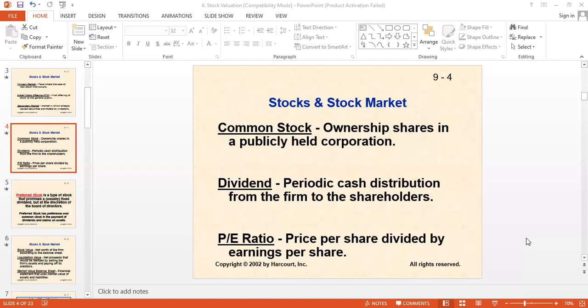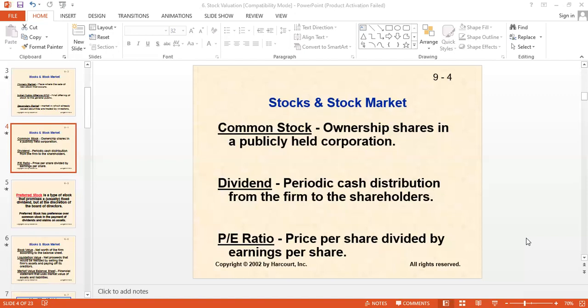For example, I have a company, and you are buying a share of preferred stock of my company. I will let you know on the very first day, when you buy the share of my preferred stock, how much dividend return I will be giving you at the end of the year, irrespective of my company's performance. The promised return will be given to you by year end. So this is the first preference, the first difference between common stock and preferred stock.